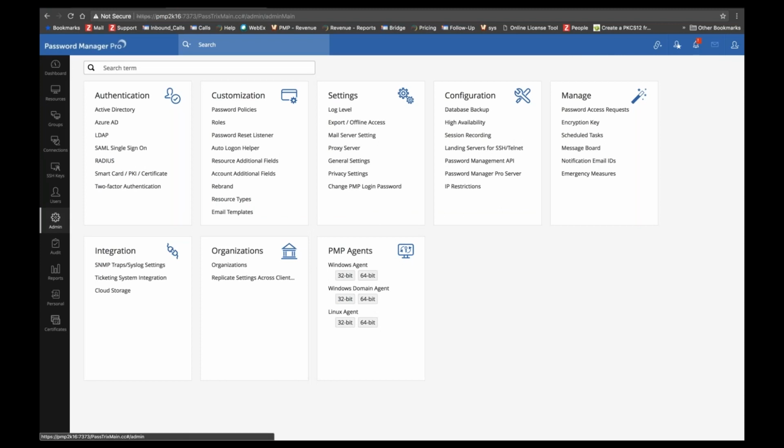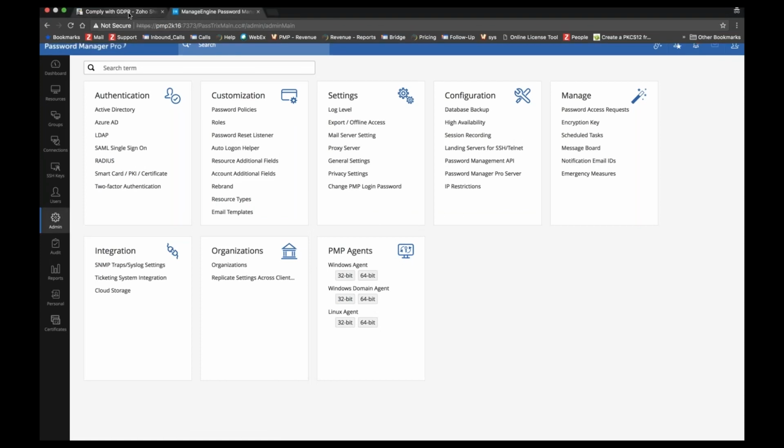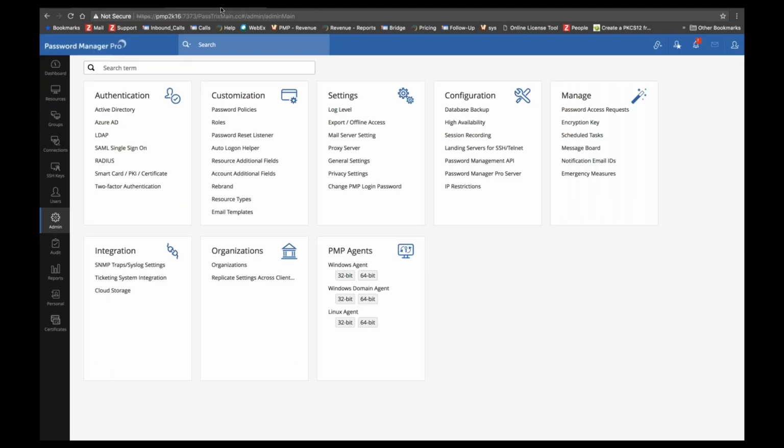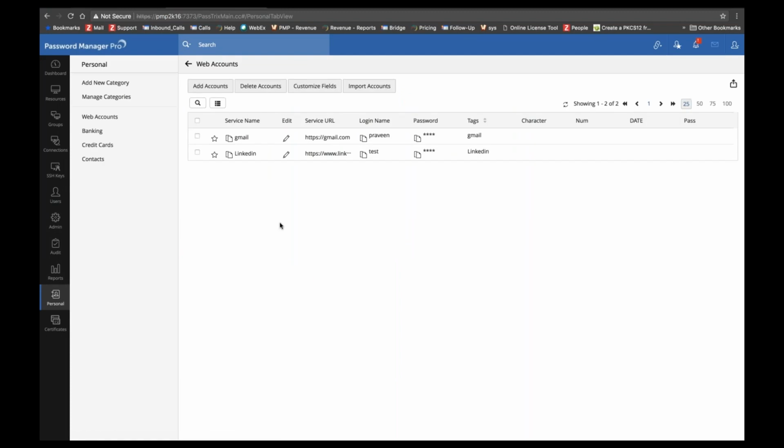So this is the next privacy control, and we have a few more. Let's quickly discuss those as well. The next one is going to be personal password storage and export settings. As I mentioned to you earlier, whatever we have discussed so far is based on the enterprise passwords. Once again, every user has their own personal